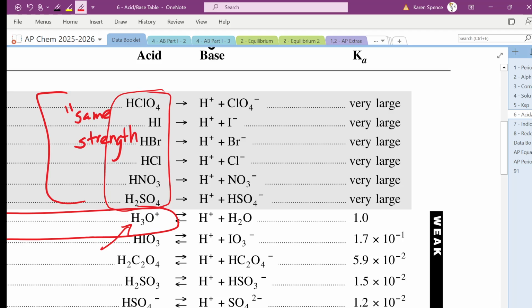Okay? You don't need to really understand why that is. Quite frankly, I would be hard-pressed to explain it to you. But what it means is that if you actually wanted to figure out how did they get those Ka, how did they know that HI is actually stronger than HCl, you cannot figure that out with water as a solvent. You would need some other solvent, and I don't know which one they used. Okay, so all you need to know is that when we are looking at HI and HCl, they have the same strength as far as we are concerned.